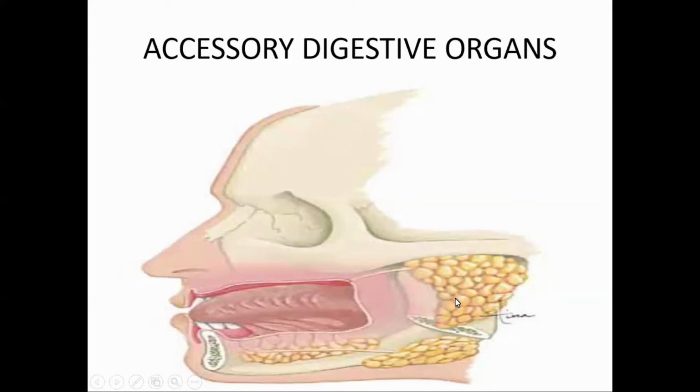Parotid gland is the largest gland among the salivary glands. Which one is the largest salivary gland? Parotid gland. And this parotid gland rests on the parotid fascia, which forms the mold or the bed for the parotid gland. So what is the boundary of the parotid region? Parotid region is only a fascial space, which forms the mold or the bed for the parotid gland.